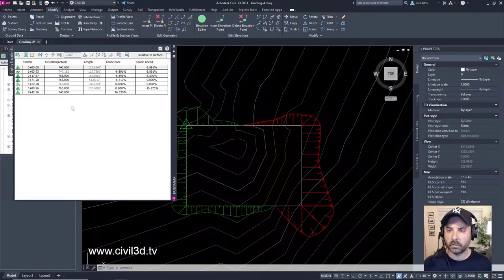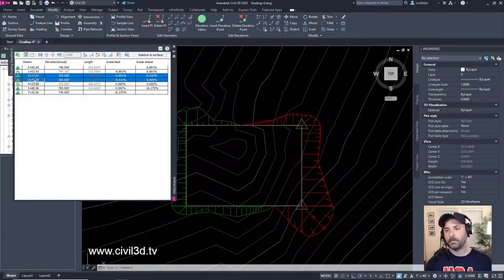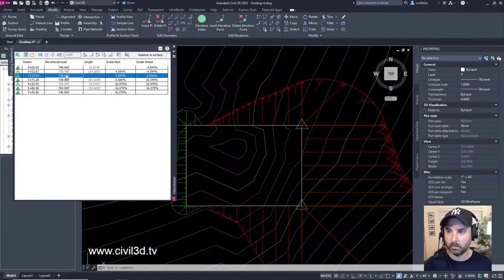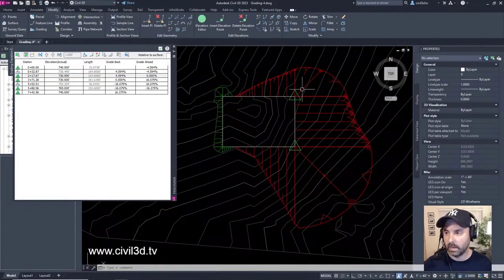Okay, so what we're going to do first is go to row 3, and we're going to shift click to row 4. Then we're going to change this elevation. You can see that we have two different elevations, 755 and 765. We're going to change this to 730. Make sure it's highlighted, 730. There we go. Boom. You can see how that's reflected within our cut, and you can see that the grade ahead and grade back percentages shifted around.